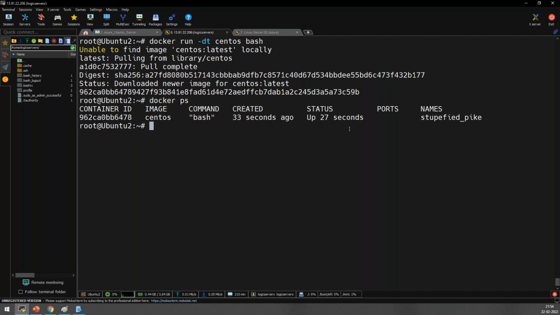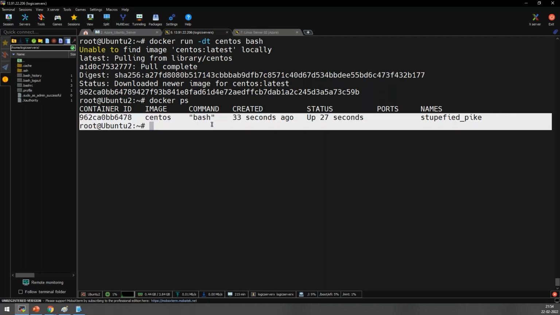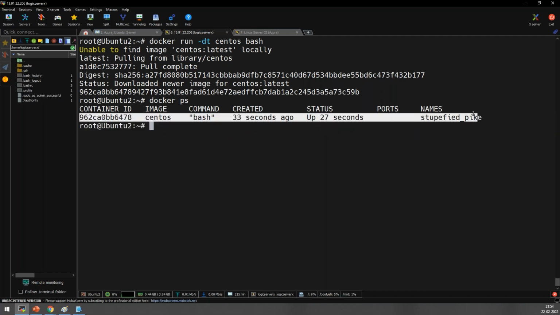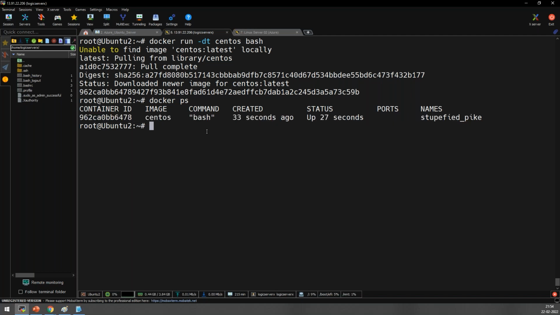So you can see that now the container is running. See, now the container is running. It's not exited. Is it clear, team? Let me show you once again why it is running now and not exited. Nothing is happening, but this time, yes, it is running because I have started a process called bash.